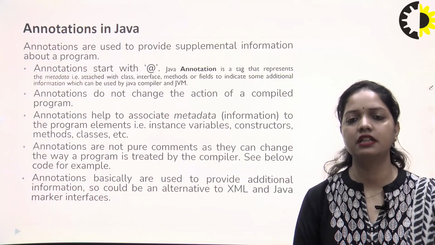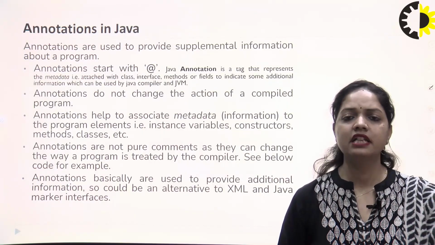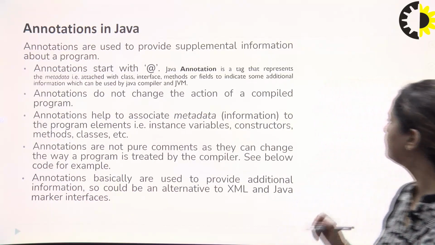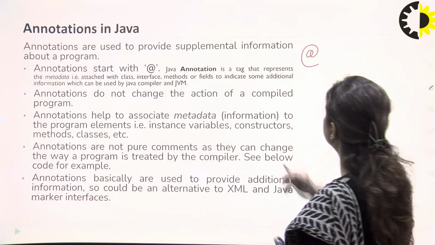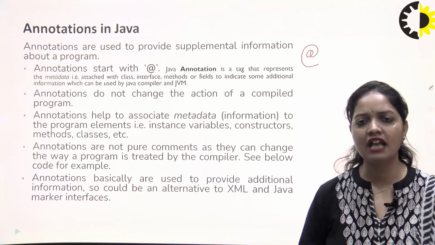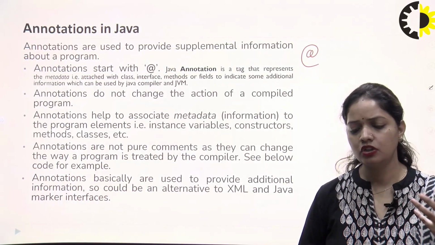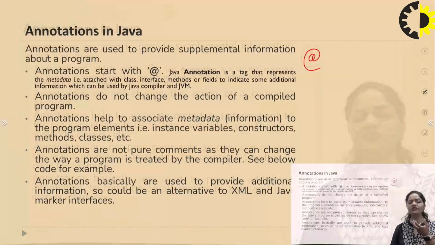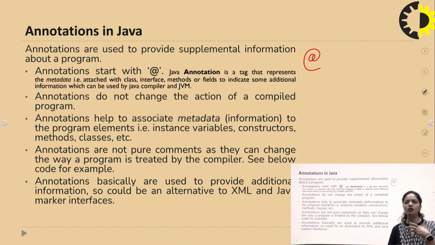So what is annotation in Java? As the name says, the keywords which are marked with the @ symbol in Java are known as annotations. And what are the rules of creating a tag as an annotation, and what are the uses of these annotations in Java? Annotations are generally an instruction to the Java compiler, a kind of instruction from a developer to a compiler, that if we are executing this program, certain kinds of restrictions are being used with this program. So it is a kind of instruction to a compiler before executing your program. That is the role of annotations in Java.